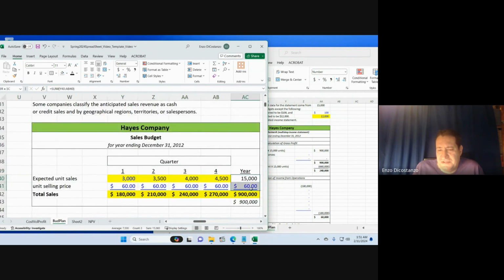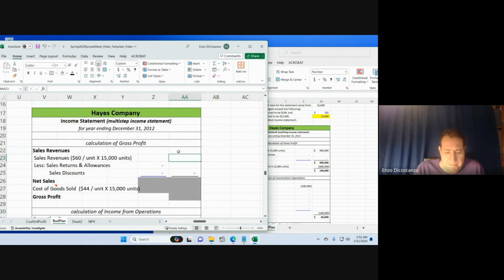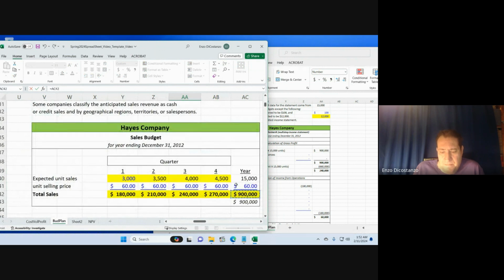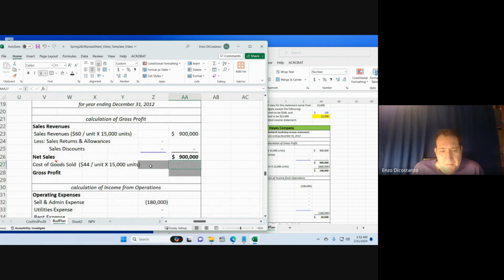It's just a product of these two. So you could even just take this 900,000 from there if you want. All right, that's 900,000. And this is going to be equal to this plus, which is 0. And your cost of goods sold,